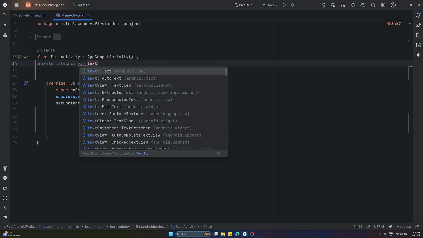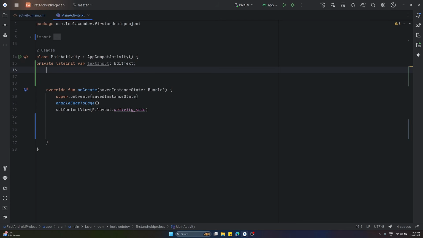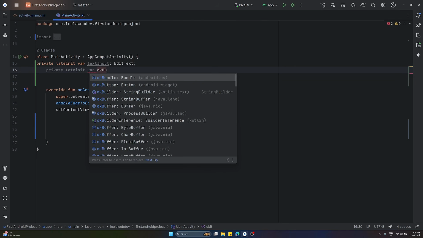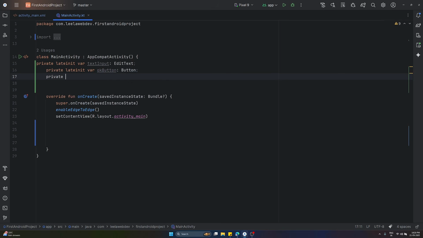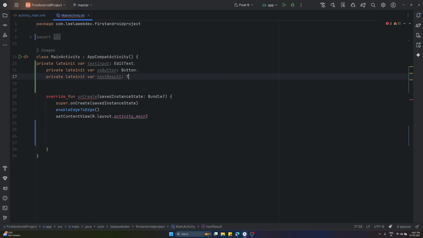text input of type EditText. Okay, and another one is private lateinit var OK button, we'll say it as an OK button of type Button, and the other one is private lateinit var text result. Whatever result we are having, we will try to show it in the TextView. That's it. So now we are having three variables, and now here